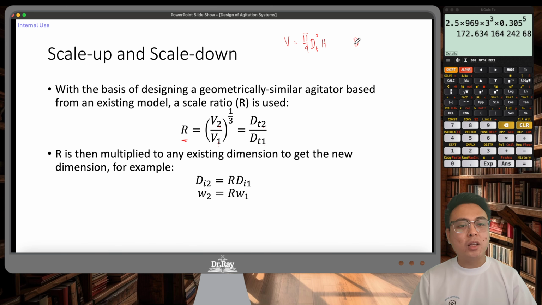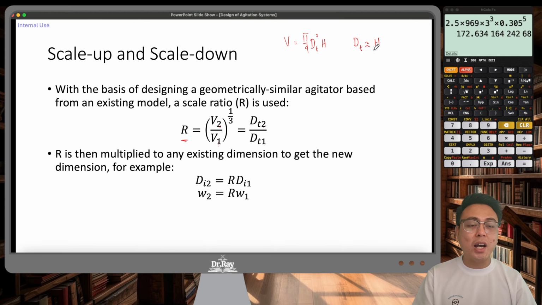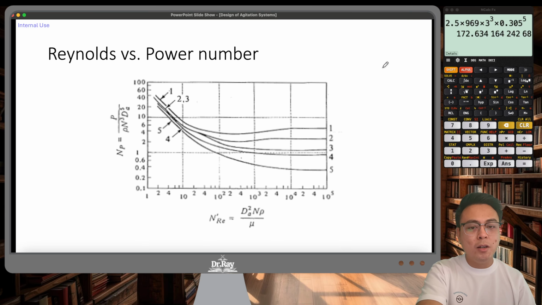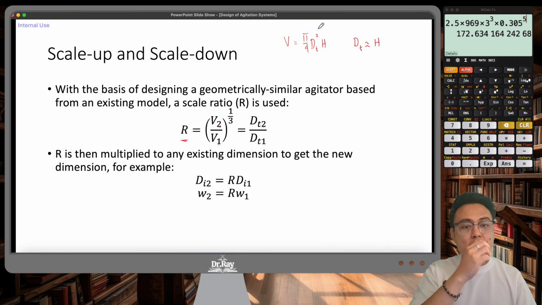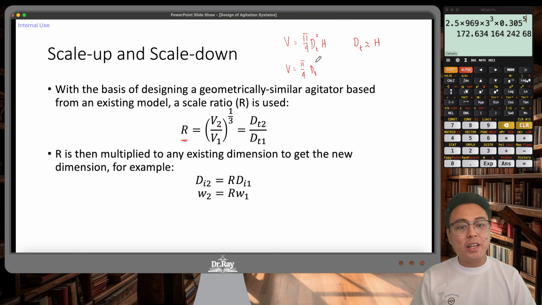But remember that for a standard agitator system, the tank diameter should be the same as the height of the fluid inside, right? That is our very first point here. Tank diameter over level height is equal to 1, meaning that we can simplify this volume calculation simply as pi over 4 tank diameter cubed, such that when we get the ratio of the new volume to the original volume,